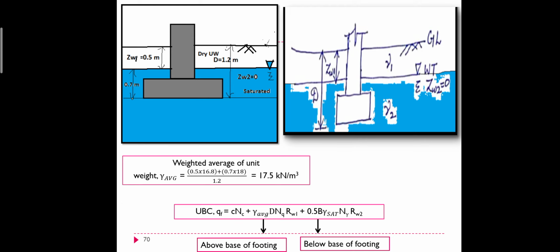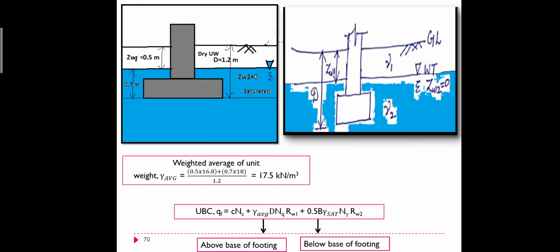You know that. What do we put in gamma D? Above the base of the footing gamma. Above the base of the footing we are encountering two types of soil there. What are they? Dry and wet. That is why what have we found? We found gamma average. So above the base of the footing, since we encountered two types of soil, we found out gamma average. That gamma average is taken for the above the base of the footing term, gamma D.